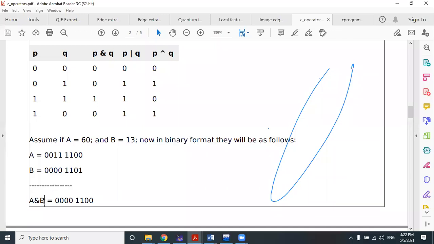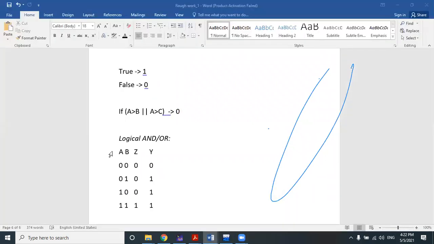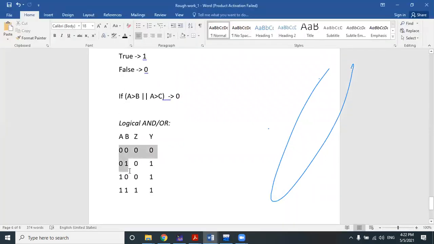Bitwise AND means the same operation that I have shown here. So this is the bitwise AND output, and this is the bitwise OR output.